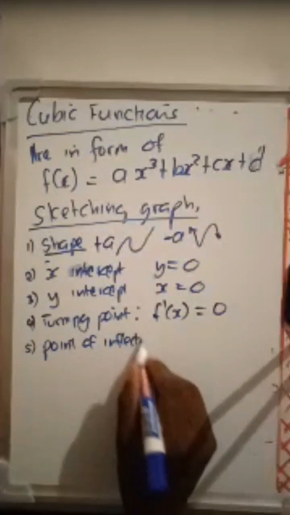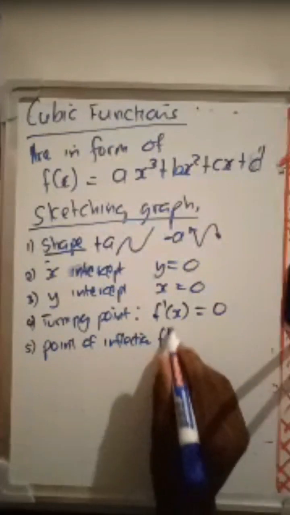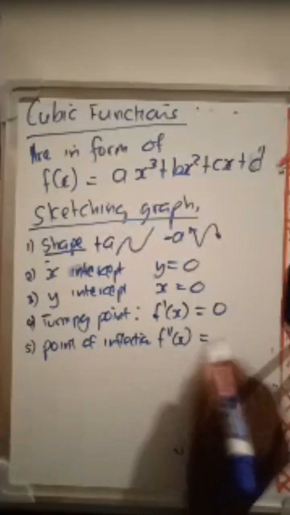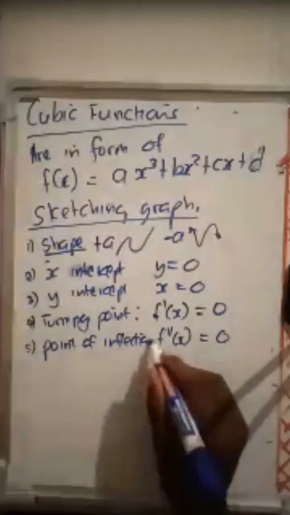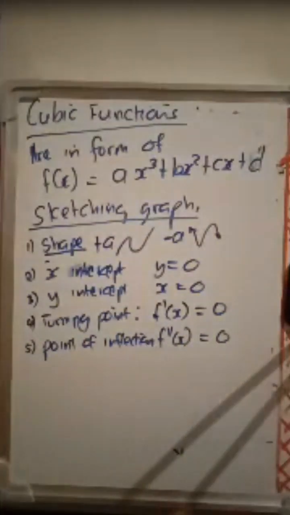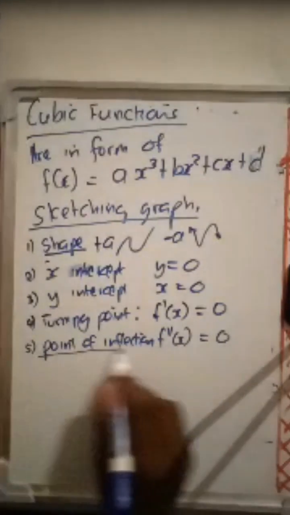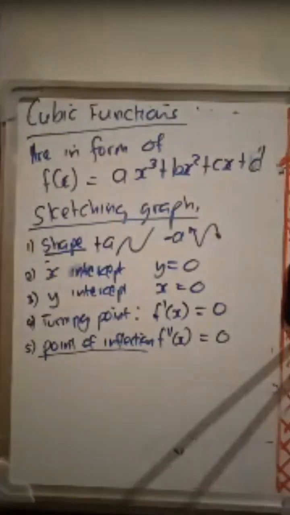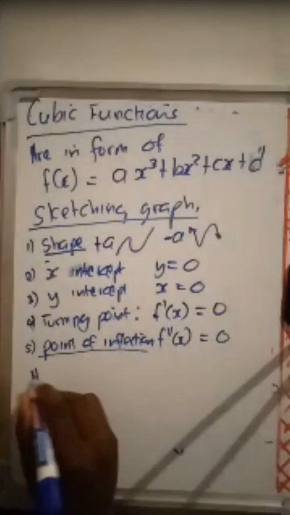For the point of inflection, you get the second derivative and equate it to 0. So these are the items that you need in order for you to be able to sketch the graph. Now people may wonder, what is the point of inflection? A point of inflection is a point